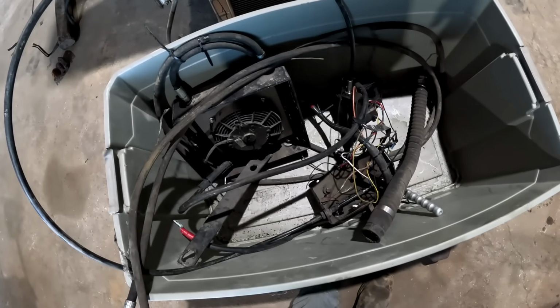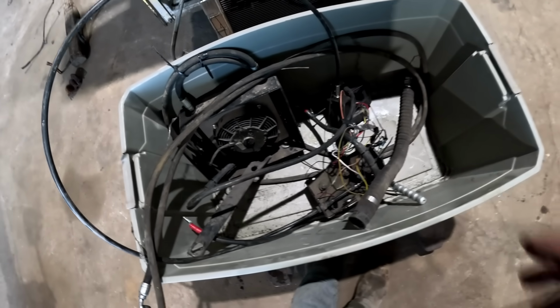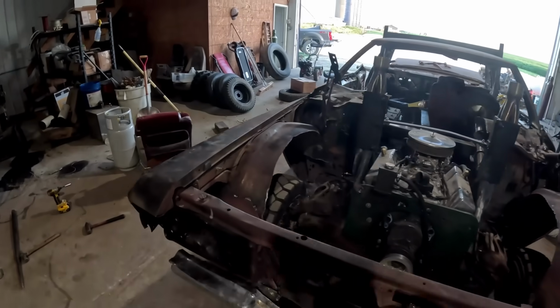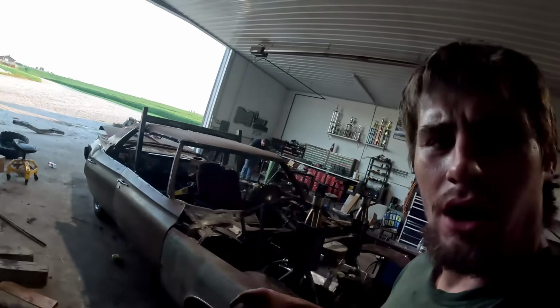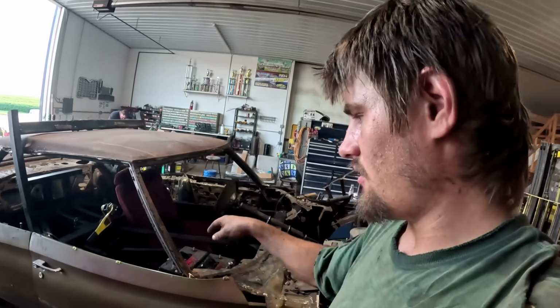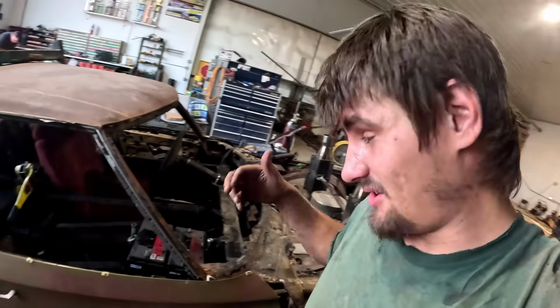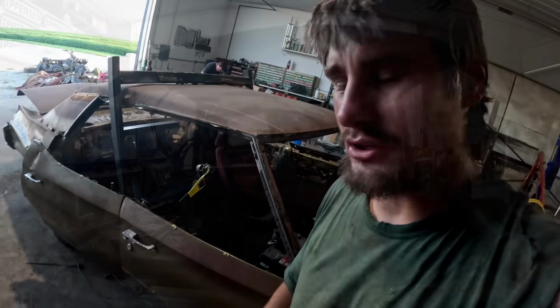There are all the bolt-ins. So all we gotta do is take all that and put it in there. Now, if you've watched the other videos, we put the same battery carrier in this car that was in the Blizzard Bash car. So all the stuff that I have right there should go right into here, no problem. So we'll get...